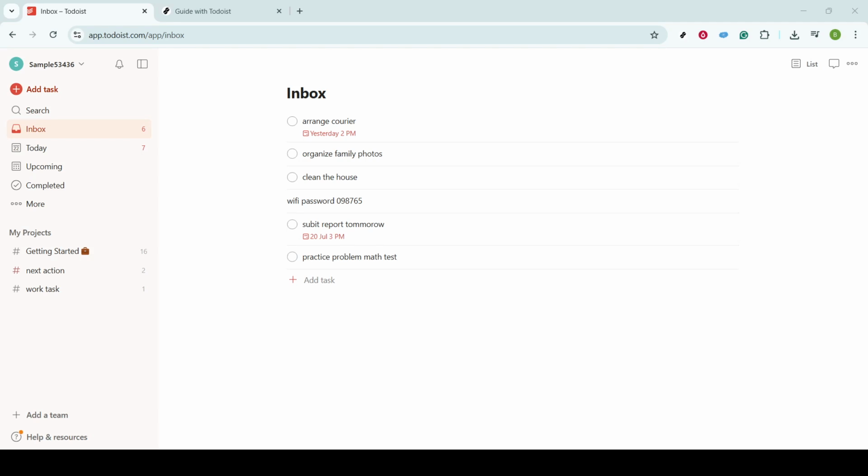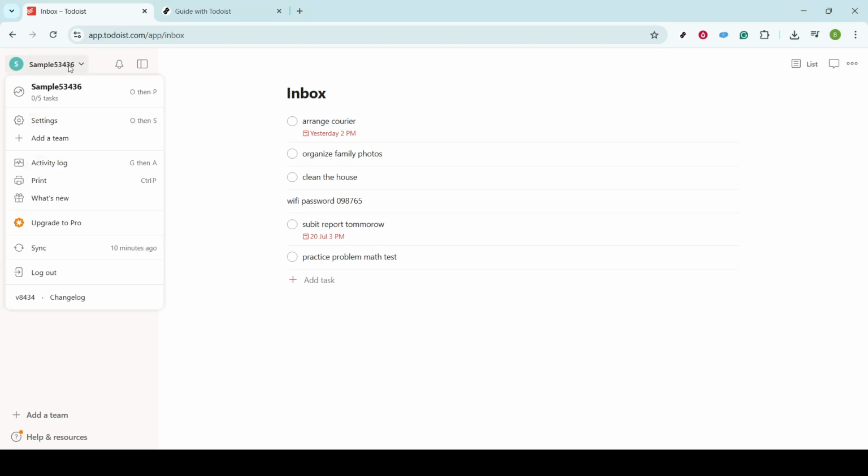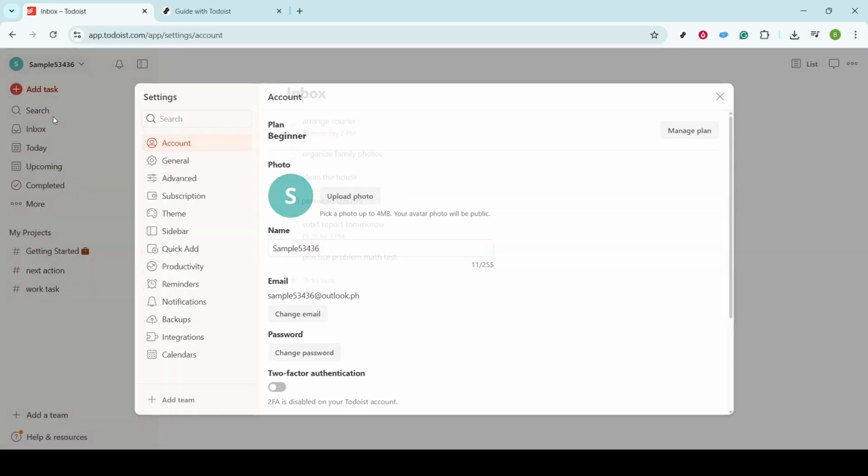First, make sure you're logged into your Todoist account. Once you're in, direct your attention to the top left corner of your screen where you'll see your avatar. Clicking your avatar will reveal a drop-down menu. From this menu, you'll want to select Settings. This is essentially the heart of your Todoist account, packed full of options to customize your experience. Feel free to poke around later, but for now, we're focusing on a specific area to enhance our productivity with